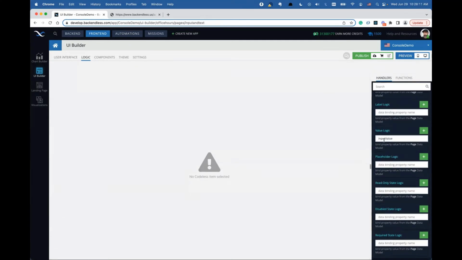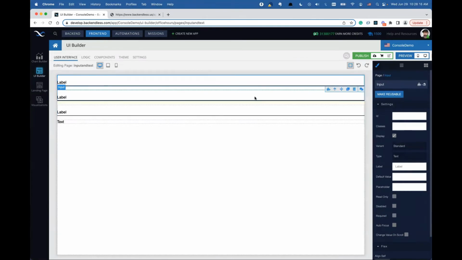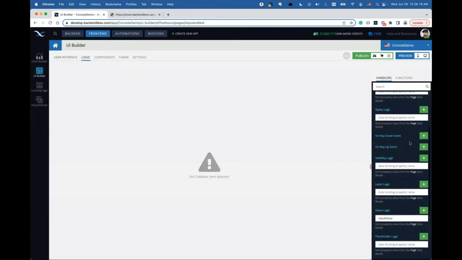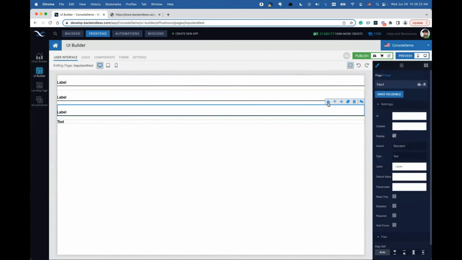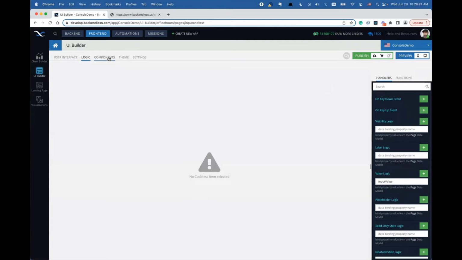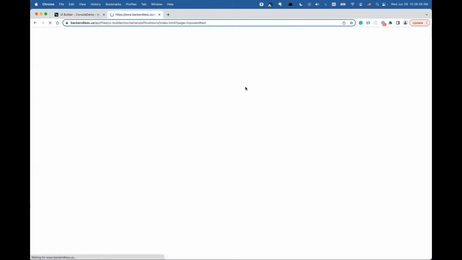So here it's called input value for the first one. And I will select the second and also put input value. I think it replicated all of them exactly the same way. And then here, input value. So now we have 3 components and a text label. If we run this page,